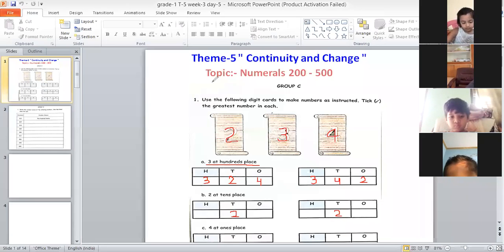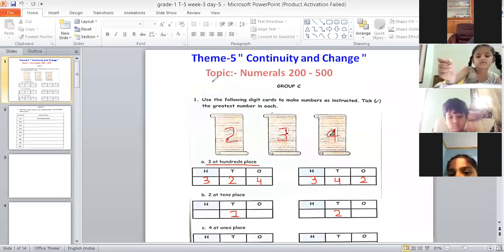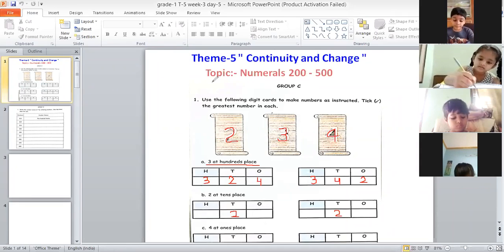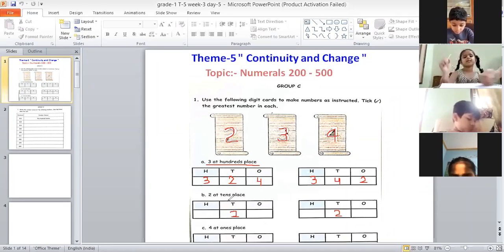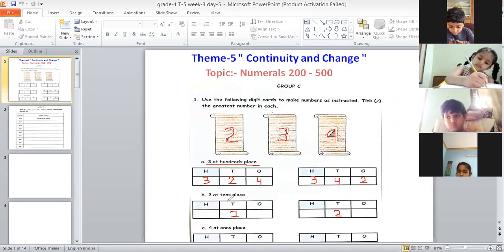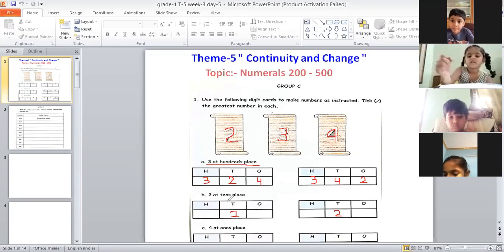Yes, Ketan? Ma'am, you didn't ask me question. Ketan, I have asked you question and this is not the right way. If you will tell like this, then I won't ask. Okay, ma'am, I will not ask. Yeah, and I've already asked you. And nobody will use this raise hand option just to say that, ma'am, you didn't ask me. Otherwise, I will not ask. And moreover, I have already asked you, Ketan.